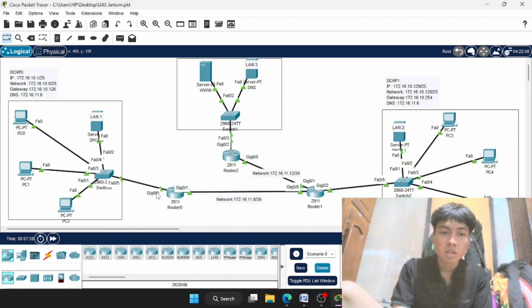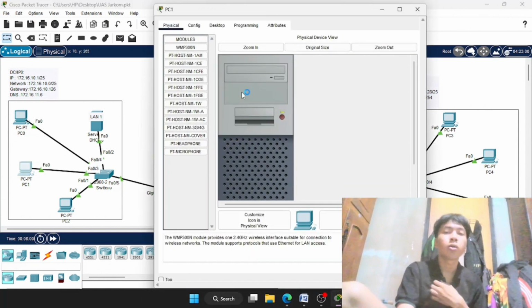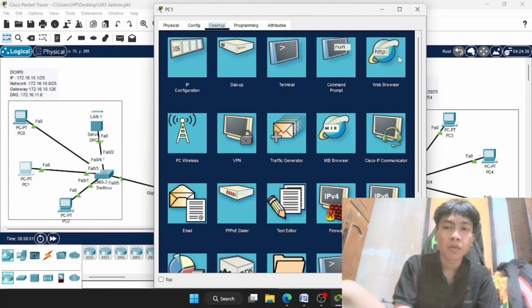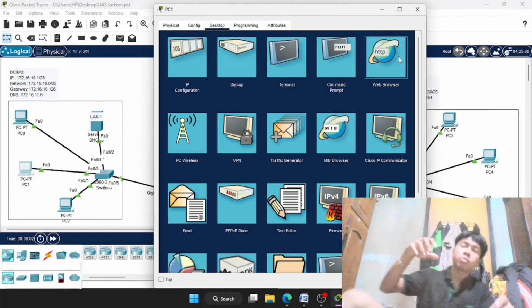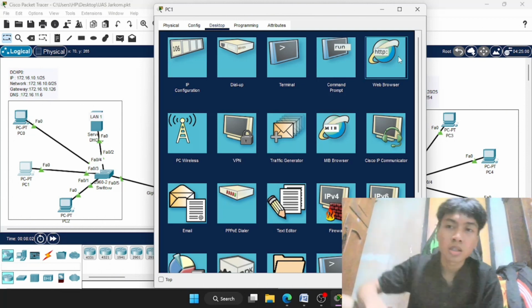Okay, and the last part I will show the web browser to access the web server that we set in the DNS.